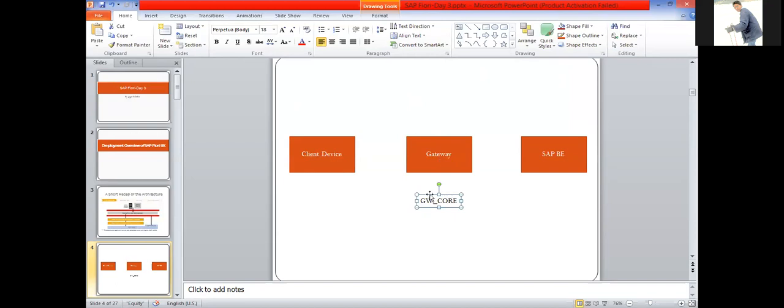So if you install this gateway core component onto the backend system itself, the backend system itself will start acting as a NetWeaver gateway. Okay. So wherever you install this GW core component, if you remember